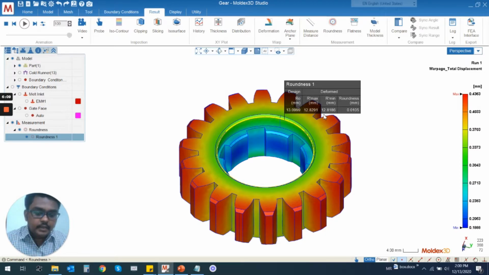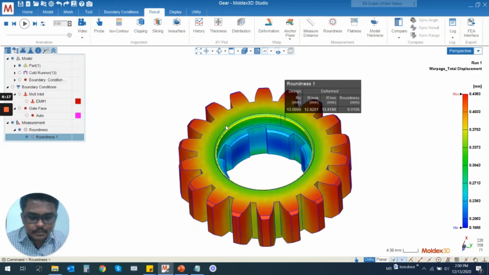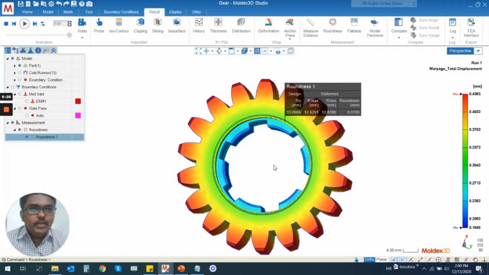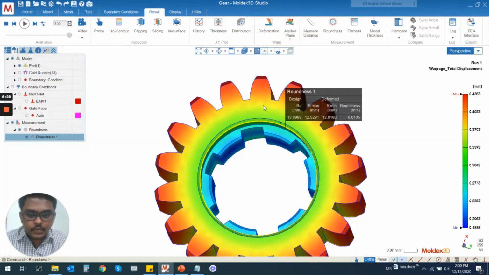purpose of this toolbar. Later, I can still use this toolbar to check the roundness of a non-continuous portion. It means here what we did, we simply tried to measure the roundness of the continuous feature. It means the same circular, right? We can use this function for the non-continuous feature also. I will let you know.